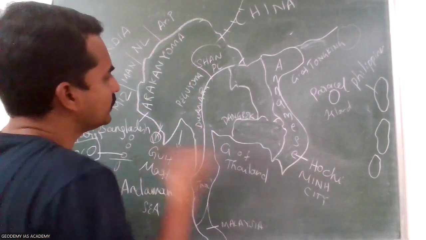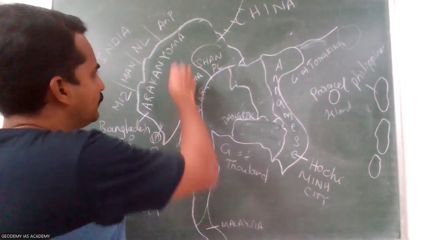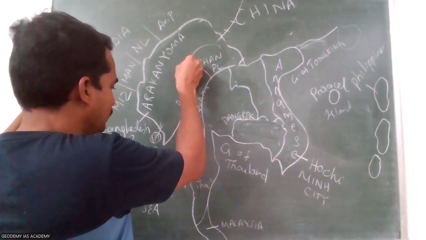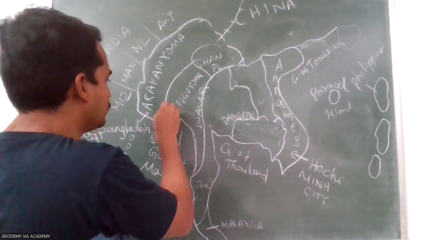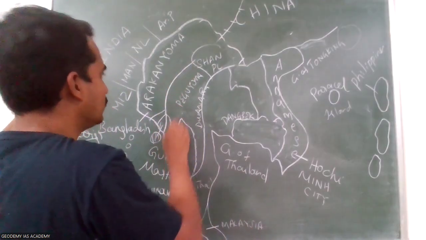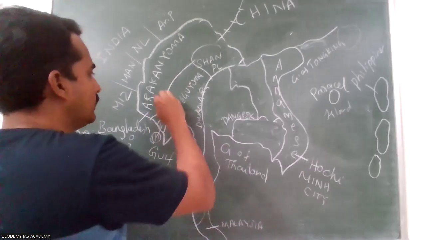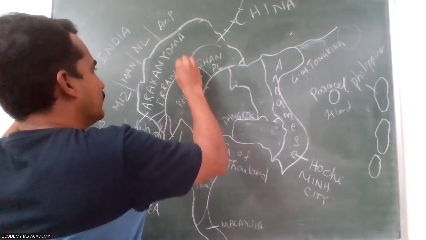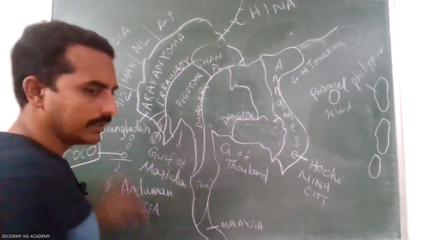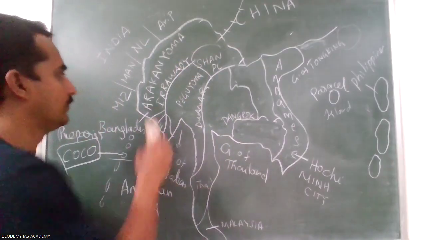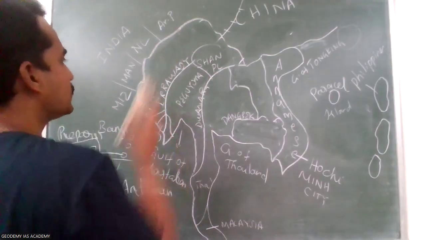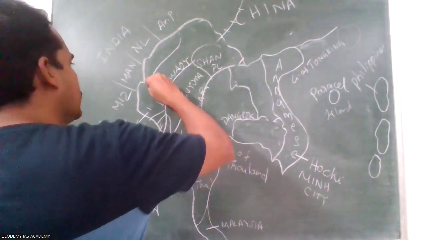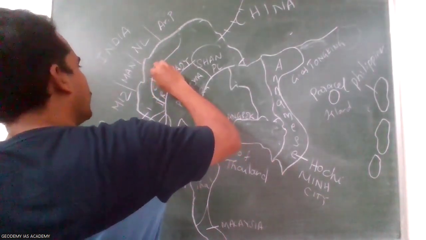And then the important rivers here. The principal river of Myanmar is the Irrawaddy river. So here the Irrawaddy mouth is found. Irrawaddy river, the most important river, the principal river of Myanmar. And the other river, Chindwin river. It joins Irrawaddy. So Chindwin also arrives and joins here. So it is also more important.